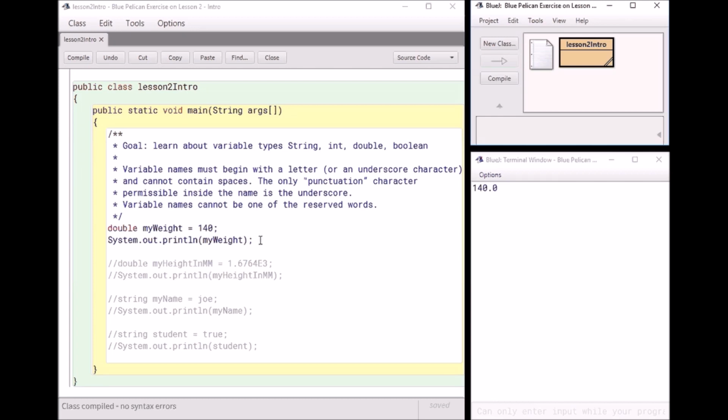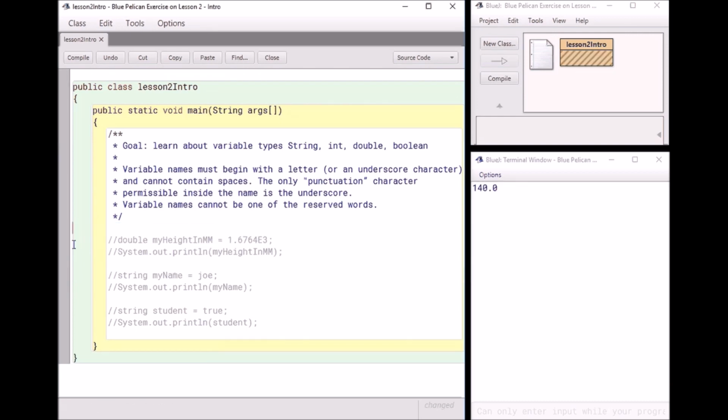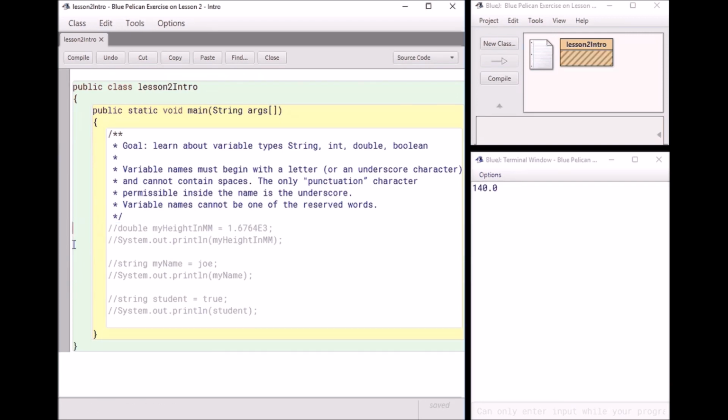I know if you're taking a science class, they make a big fuss about how many zeros you're allowed to have, but in Java, this means the same thing. All right, moving right along. Another way to declare a double, you're not going to see this too often, is to use